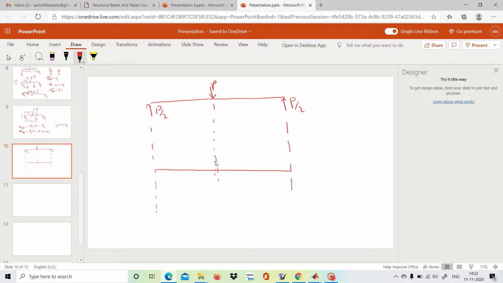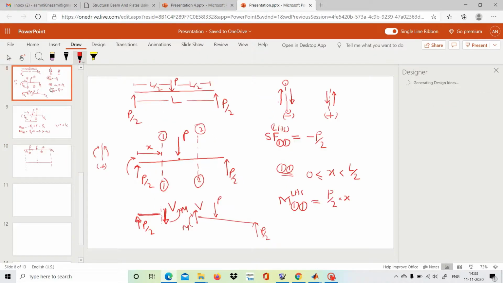So minus shear force at section 1-1, and section 1 was here, varying from this point 0 to L by 2. Anywhere in this region 0 to L by 2, this was the section 1-1, and then L by 2 to L, the section was 2-2. Okay, so within this section, shear force 1-1, we have found out that it was